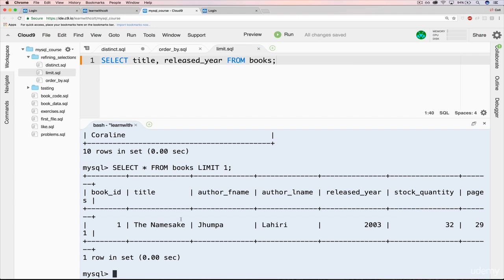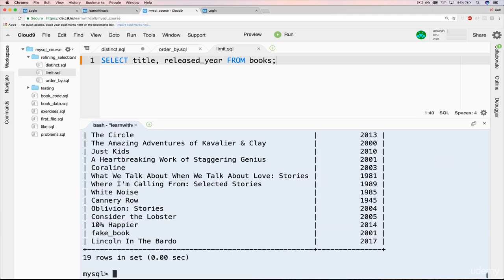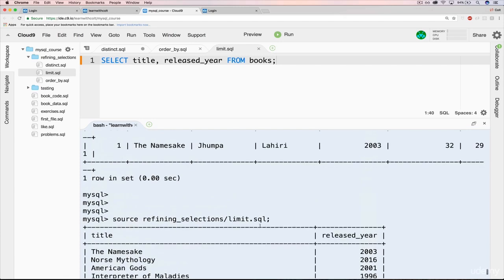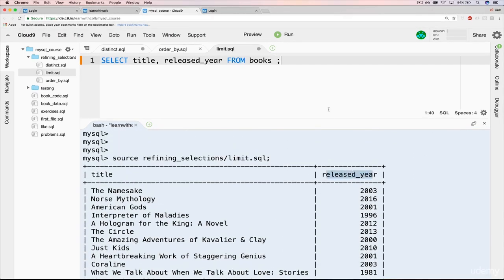Let's just make sure our source is working. So we'll do a source, refining, why did I name this so long? Refining selections / limit.sql. Fortunately, I only have to type it once. Okay, so that's working. So now what we'll do is order them by that released year. So we'll do an order by,